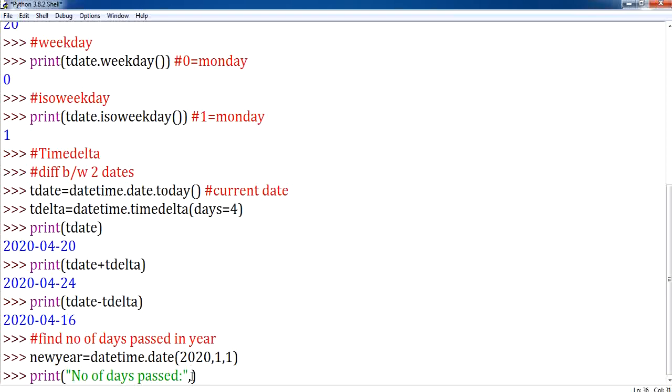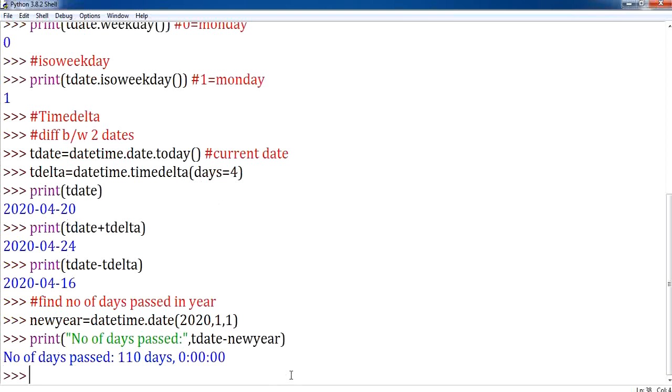What is your current date? The current date has been stored in a variable called t date. So let me write t date minus, and what is the new year date? It has been stored in a variable called new year. I hope you are clear with it. Now let me display this one. If I display this, you can notice that the number of days passed from the new year till today is